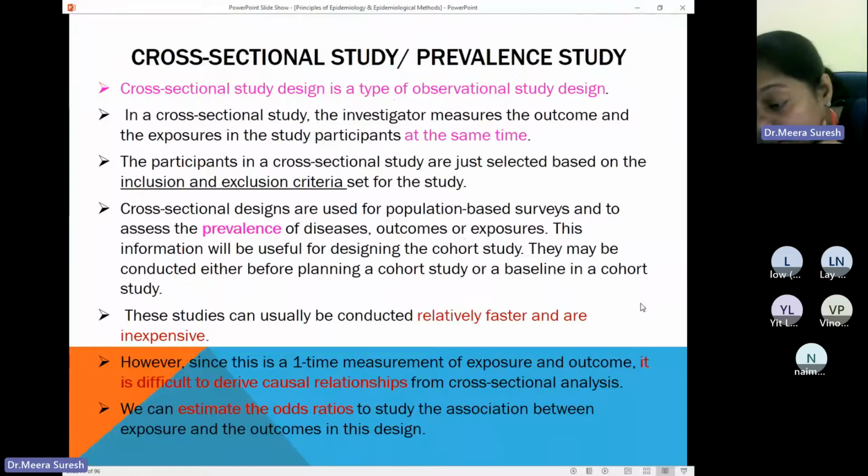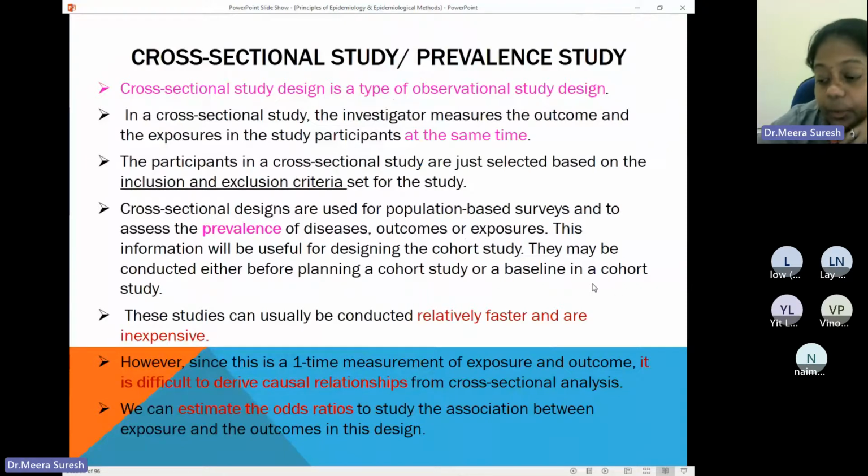Like you are getting the prevalence of, you studied diabetes mellitus, for example. You want to learn about diabetes mellitus in a particular population. You went to a population and you studied them, how many people are having diabetes, etc., and then you got the prevalence. And you can make that a total prevalence, you can also calculate the prevalence according to the age group and according to the gender. You can do those calculations.